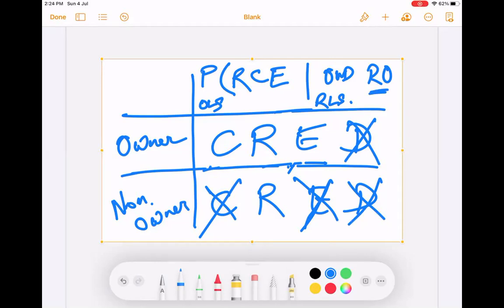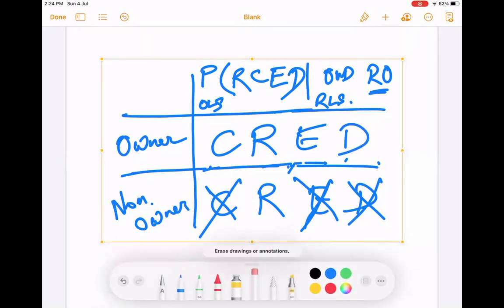Clear? And if I give delete permission, then an owner can delete also, right? Yes, sir. Right. Straightforward so far. Now both owner and non-owner have the same profiles. Yeah. So that is how we are doing it.